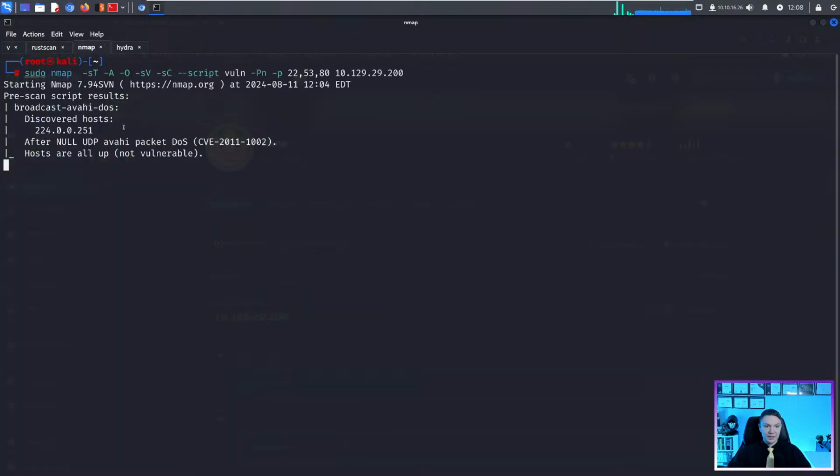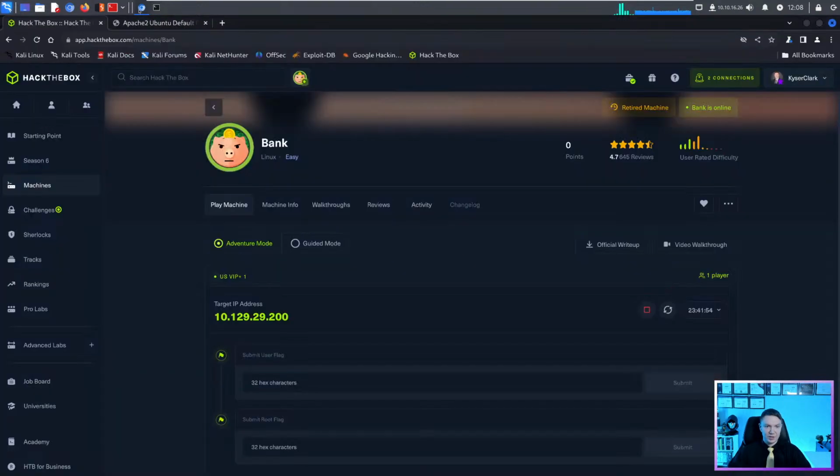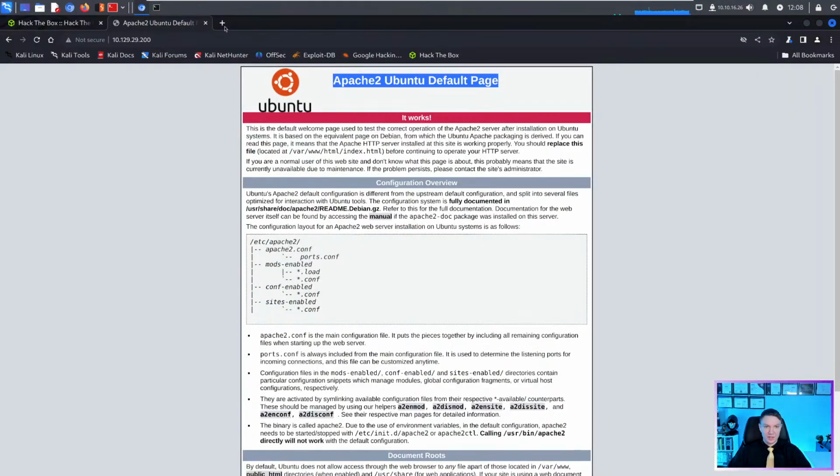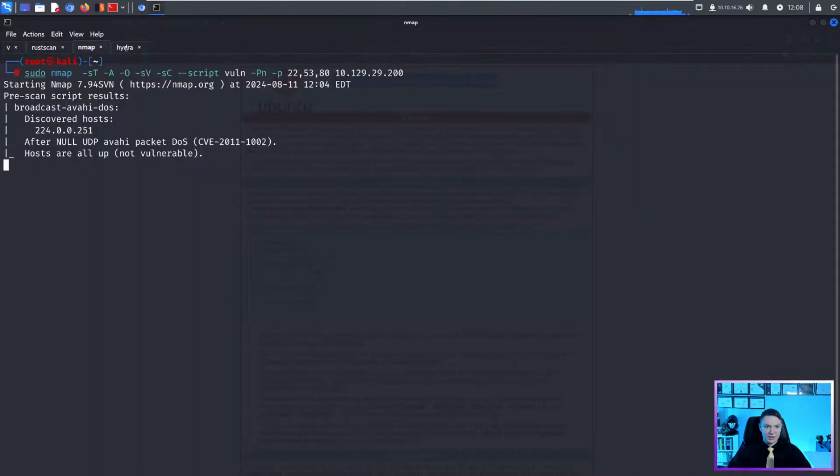Alright, so basically we just need Nmap to get done because this is going to show us some vulnerabilities most likely. In the meantime, we could fuzz this and see if we can find anything. So let's actually open up a new